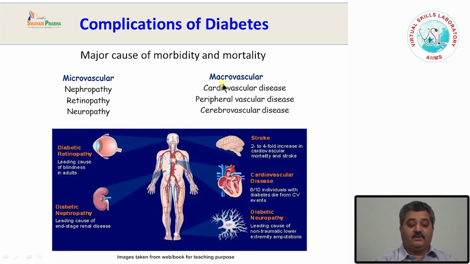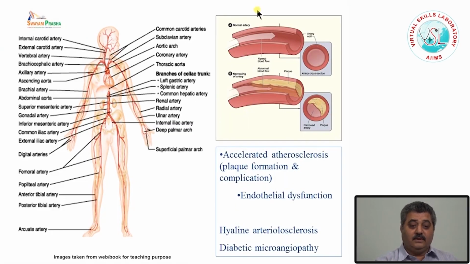For example, it causes atherosclerosis. All these patients are more prone to, or they have, accelerated atherosclerosis, which causes myocardial infarctions, cerebrovascular accidents, peripheral vascular diseases, etc. Now, it has been found that the chances of atherosclerosis in diabetic patients are more as compared to the general population. One is the raised glucose levels, the other is that most of the patients, for example, the type 2